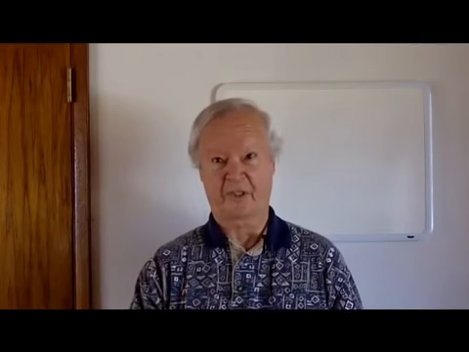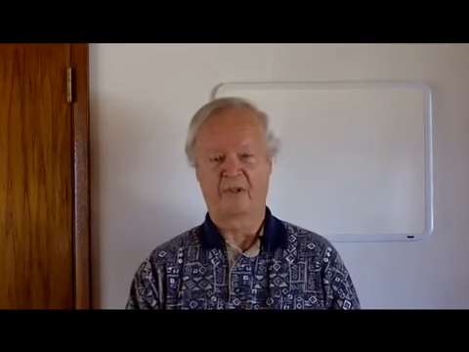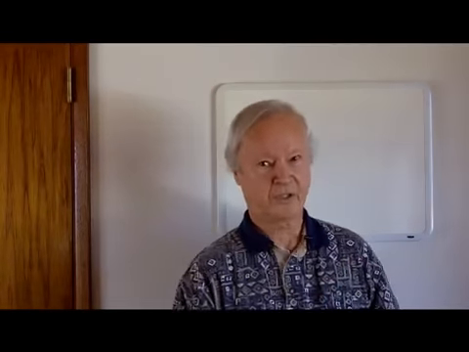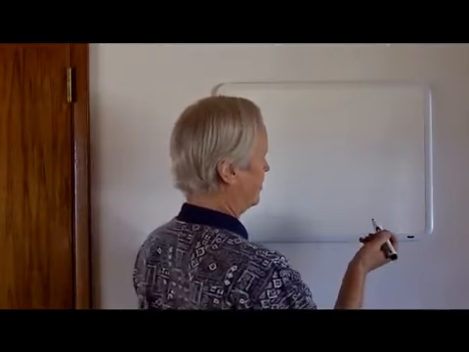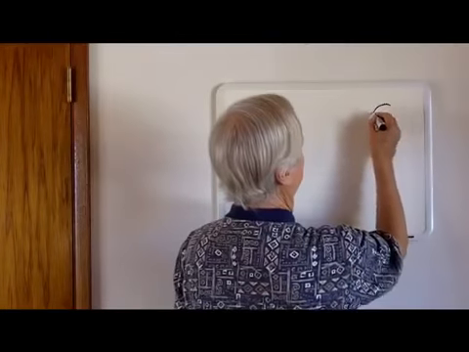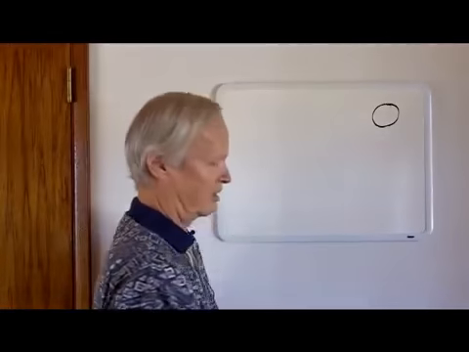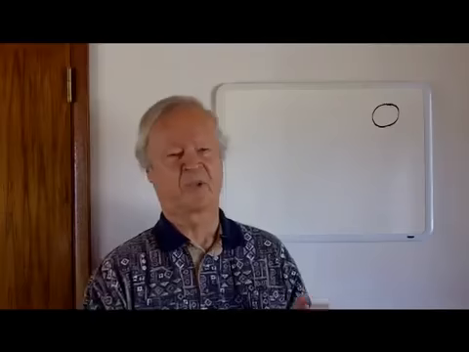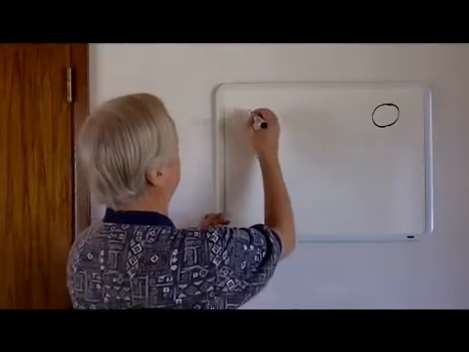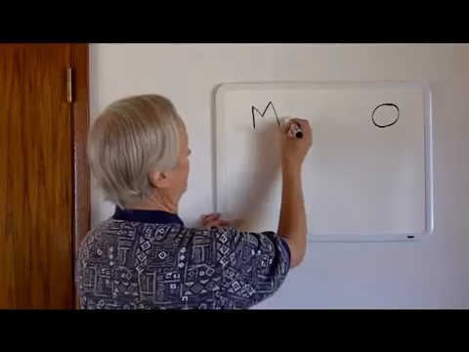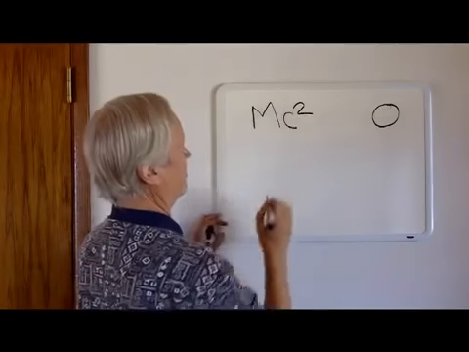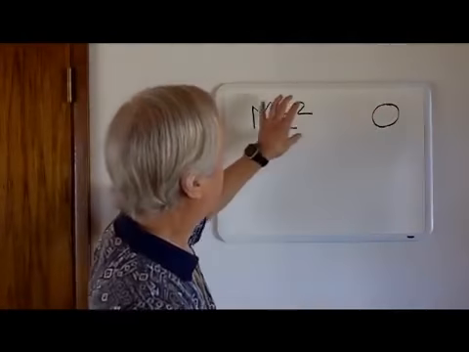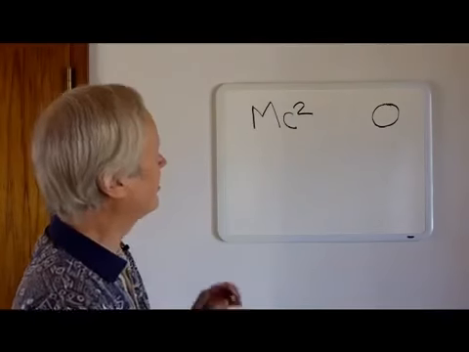I mean, doesn't physics tell us that you can't create something from nothing, that it violates the law of conservation of energy? So let's consider that for a moment. Let's say nothing mathematically is zero, and that the matter in the universe, the stuff we see, we can represent by mc squared, mass times the speed of light squared, Einstein's famous equation. But how do you go from zero to that? The laws don't allow that.